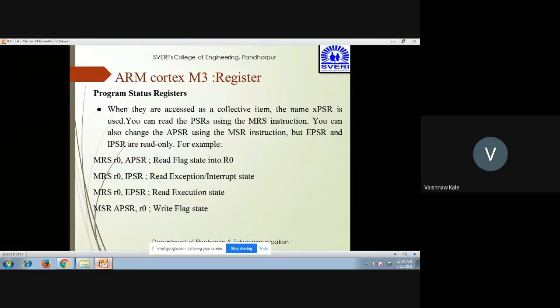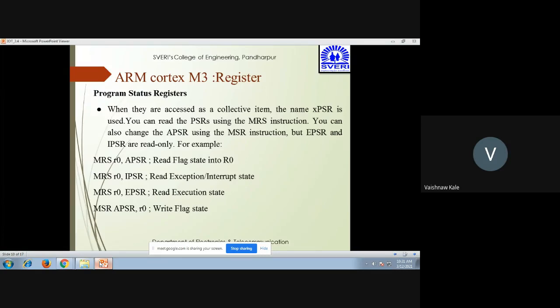So see, for example, the first instruction. It is MRS. That means it is reading, because MRS is for reading purpose. So when I'm saying MRS R0, APSR, it means it is reading the flag state into R0. Then MRS R0, IPSR, it is read only. You cannot write in it.